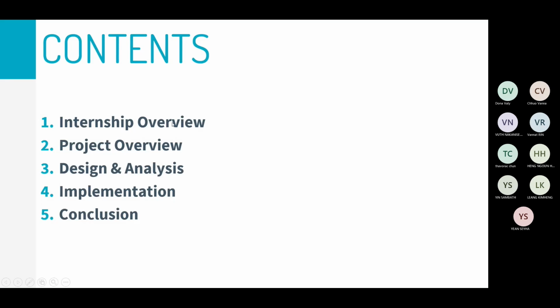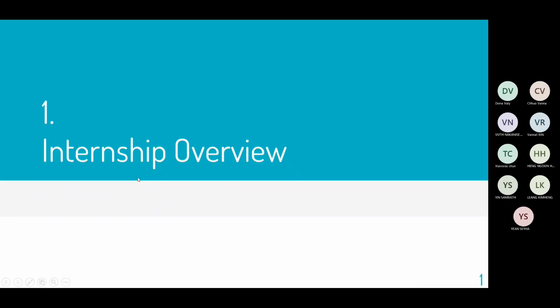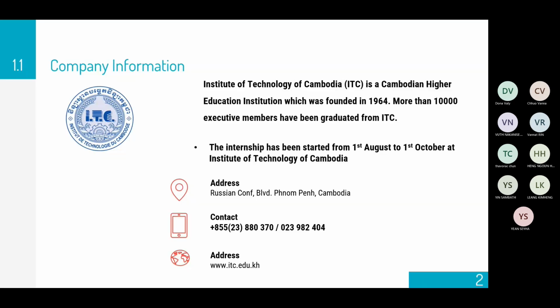Here are the 5 main points that I will cover for today. First, internship overview, project overview, design and analysis, implementation, and conclusion. 1. Internship overview. 1.1 Company information.